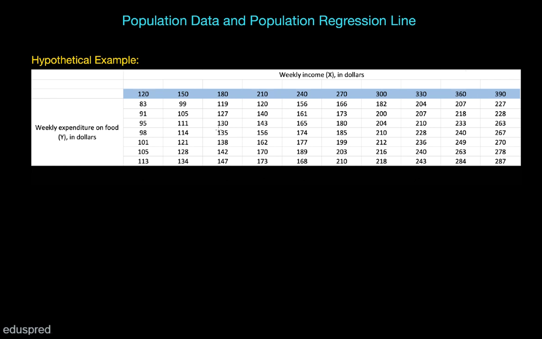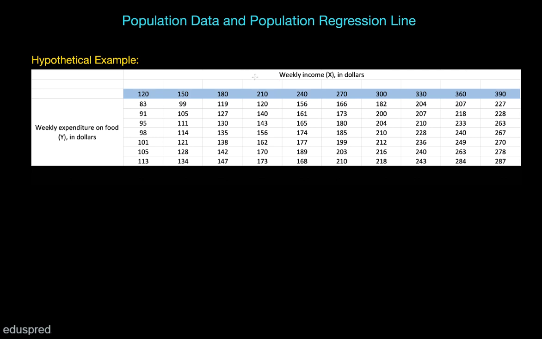Now the thing is that in real life, you will never have the population data. In real life, we work with the sample data, and this is the reason I'm calling this example a hypothetical example, because the data that you see on my screen is population data and this is completely hypothetical. You are never going to have the population data in real life. So you're not going to see this type of table in real life, but we are still working with it to start with, because if you work with this table, understanding the structure of the equations becomes really simple. So let's understand what information is given in this particular table.